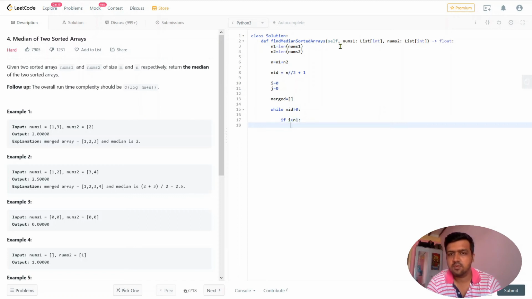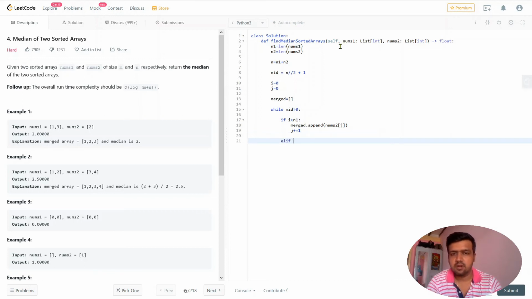I'm checking whether I have already exhausted the first array or not. If I have exhausted the first array, then I will simply do merge dot append nums2 of j, and I will increment the j pointer. If I have already traversed all the elements from the first array, I just have to add the elements from the second array.